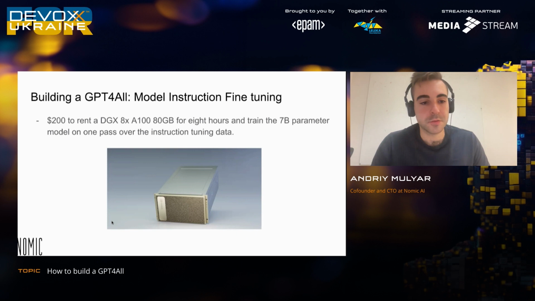They go to a service, and usually you don't want to use a cloud provider like AWS or Azure. They charge way too much. You want to use one of these smaller companies like Paperspace or Lambda Labs or CoreWeave. You can go in and rent one of these boxes for $20 an hour. And to train one of these models, thankfully, you don't have to. There are techniques that allow you to train them pretty cheaply.